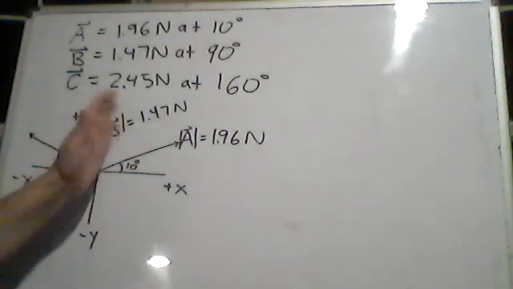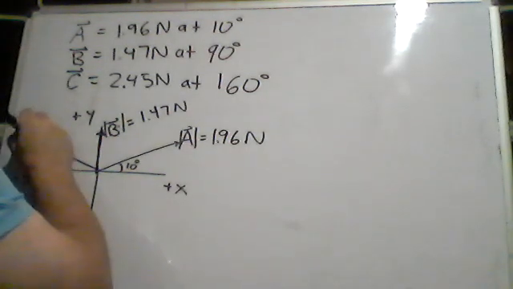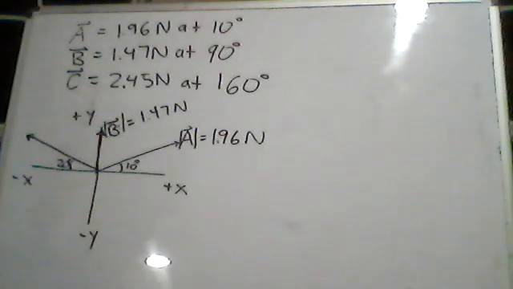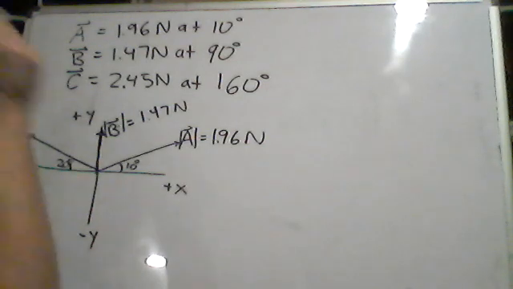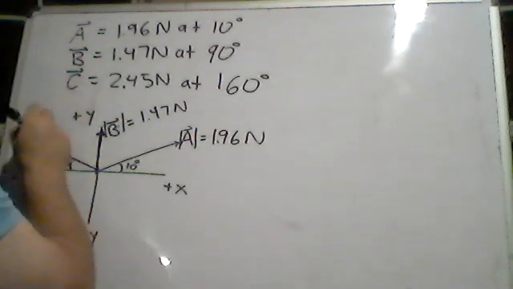Again, 160 plus 20 is 180, supplementary angles. I like to draw angles such that I call it hugging the x-axis, if you will. I'm essentially forming them with respect to the x-axis. All right. And again, this is C, and the magnitude of C is